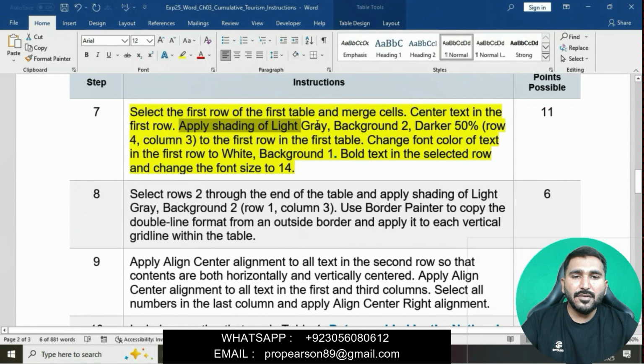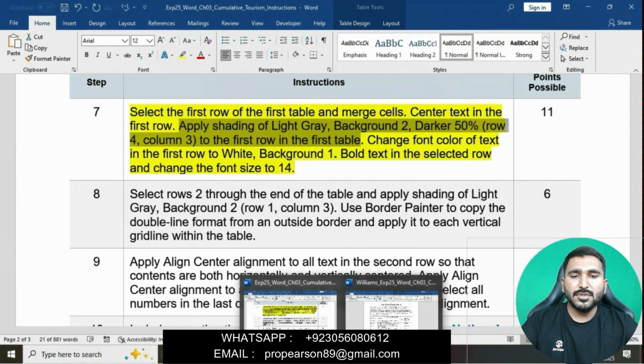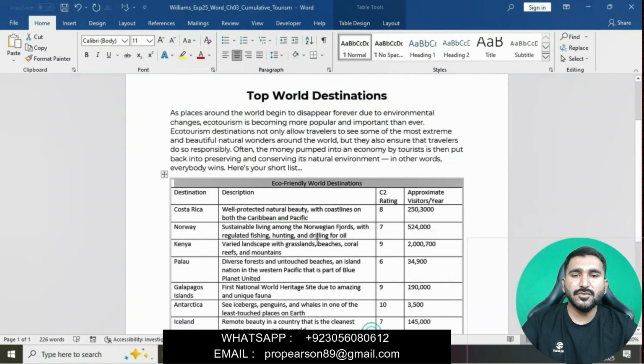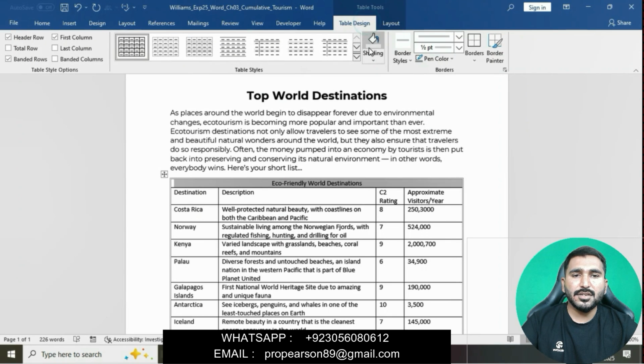Apply shading of light gray, background 2, darker 50%, the first row in the first table. We will select first row in the first table and then apply shading. Go to the table design tab in the table styles group, click on shading button.